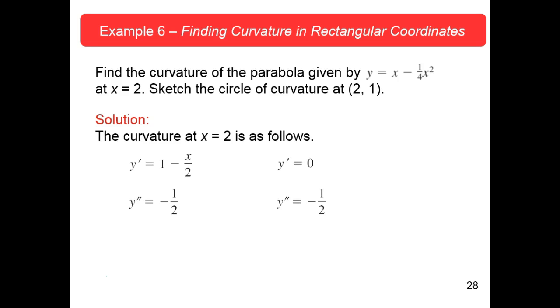Y double prime is minus 1/2. I don't know why they wrote it the second time. Here they took the second derivative, and here they are just identifying that it is the second derivative at that point, x equals 2. So basically this is at any x, and this is at x equals 2. Okay? So now kappa is the absolute value of your second derivative, which is 1/2, divided by